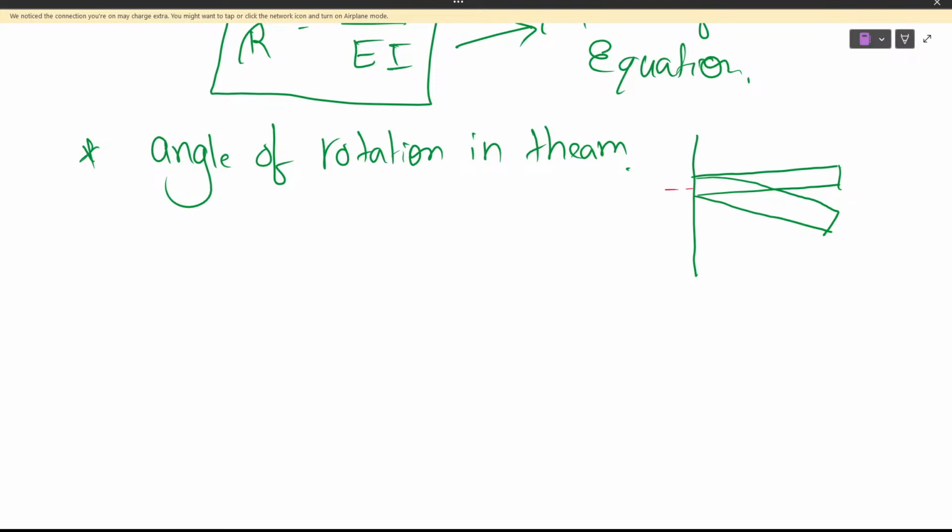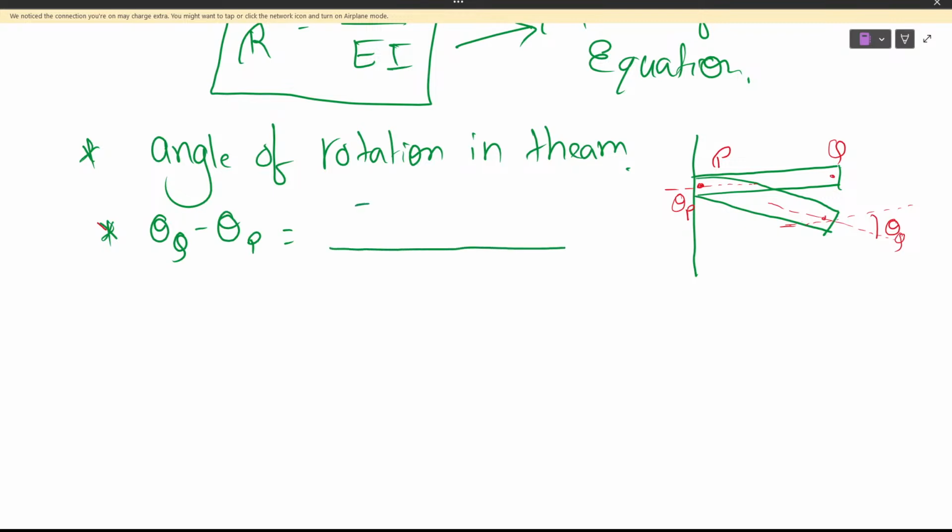Here we take point P and here point Q. The angle at Q is theta Q and at P is theta P. Then theta Q minus theta P is equal to